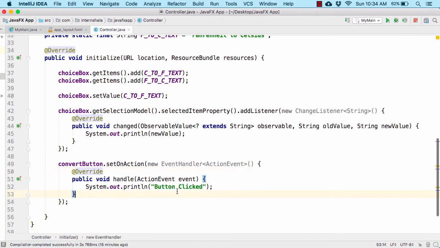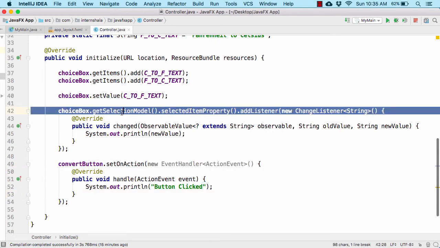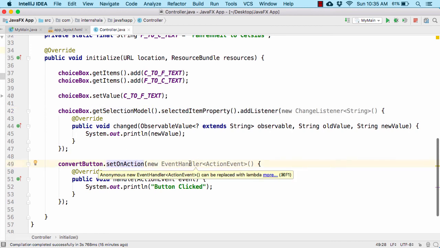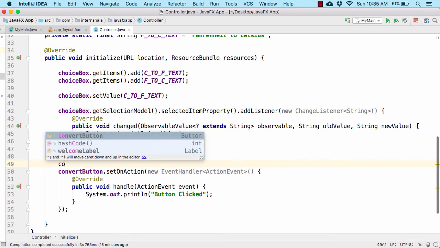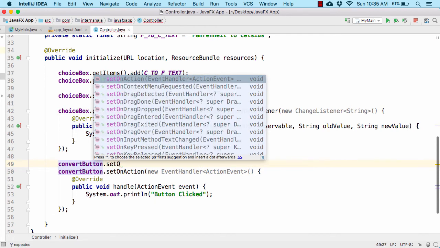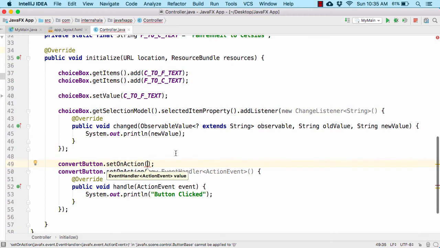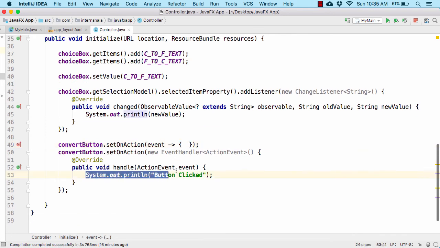Now within our IntelliJ IDE, first of all, if you notice, for this statement and also this statement, the IntelliJ IDE is showing us some warning. If you hover over, it simply says that similar to the menu item, it can also be replaced with lambda. Now the lambda expression, as you all know, looks something like this: convert button dot set on action, and then use this parameter of event. Use event, then dash arrow, and then curly bracket open and close. And within this we can write our code, such as the print statement that we have written here,